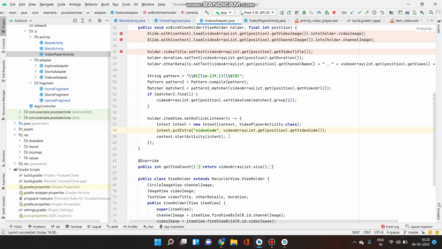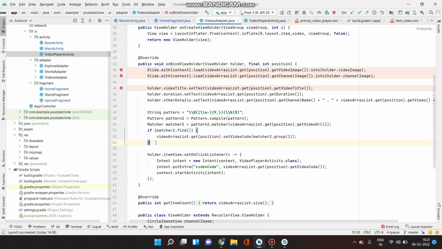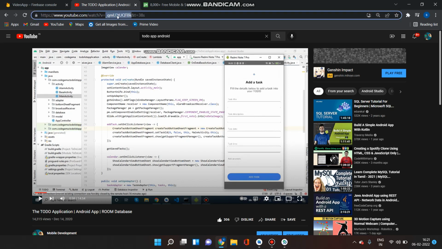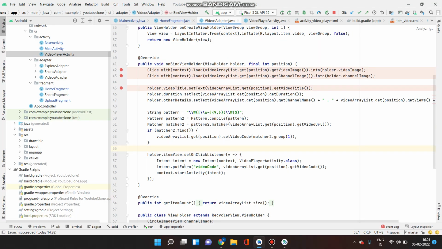So as I previously said, I'm using YouTube's player SDK to play the videos. I'm basically doing a filtration process over here, and I'm just using the URL to only get the code from the URL. Basically, that will be this code which is highlighted. We just need to take this code and use it inside the player so the video plays.